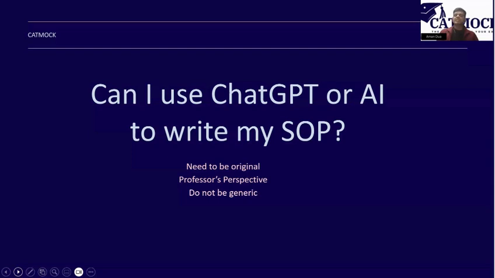Also, there is a need for your SOP to sound like yourself. Let me give you an example. If I'm the interviewer and I read your SOP and it says that you have a profound love for a triangular pastry filled with spiced onions fried in oil, and I ask you about it, and you say, oh, I like samosas. You see the irony here. You're using 10 incredibly complex words to say that you like samosas.